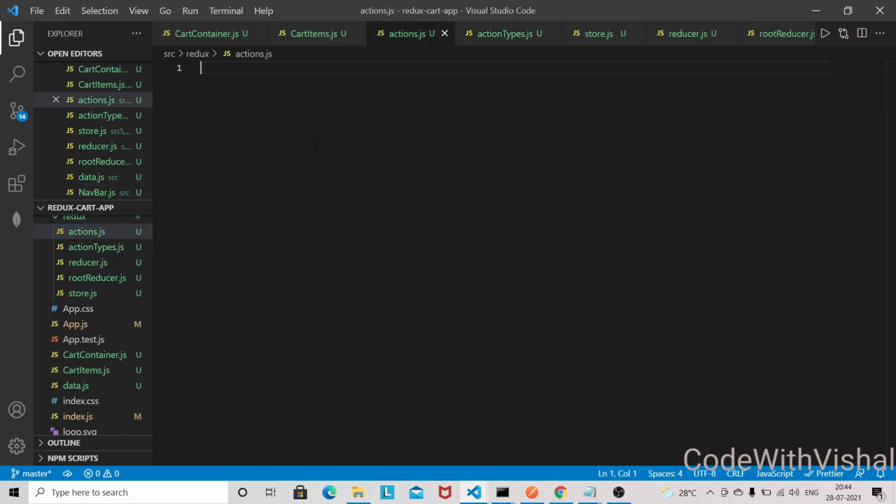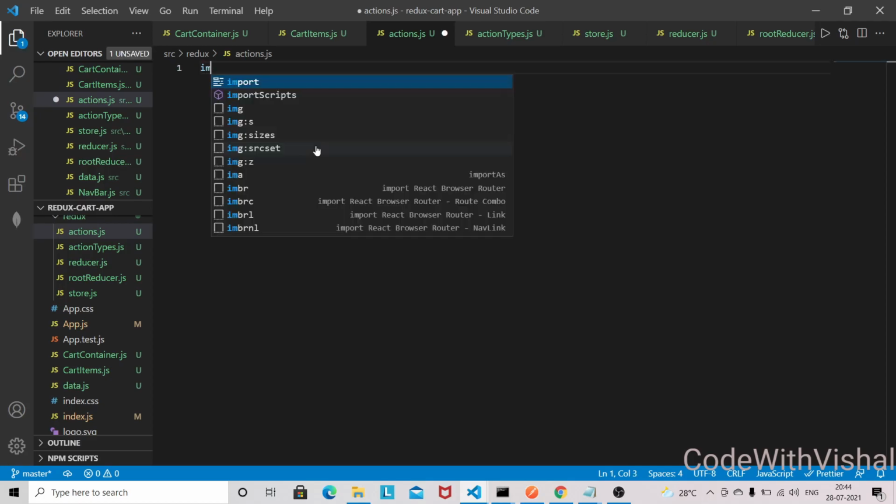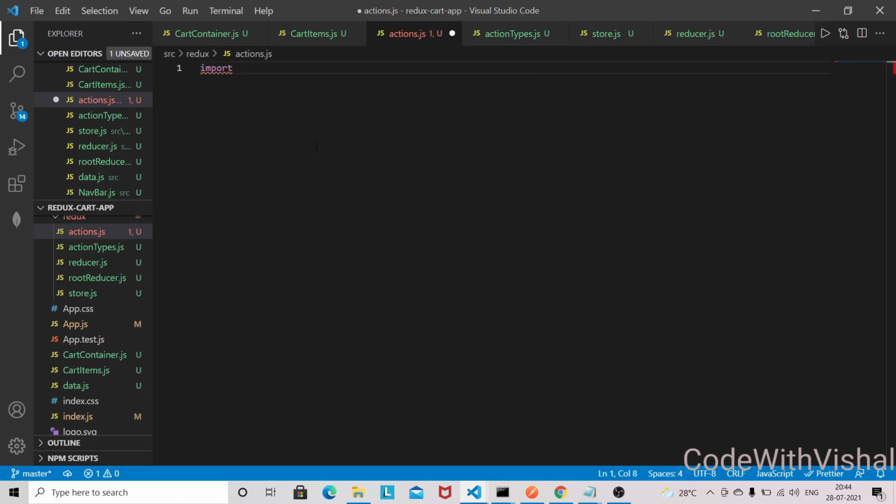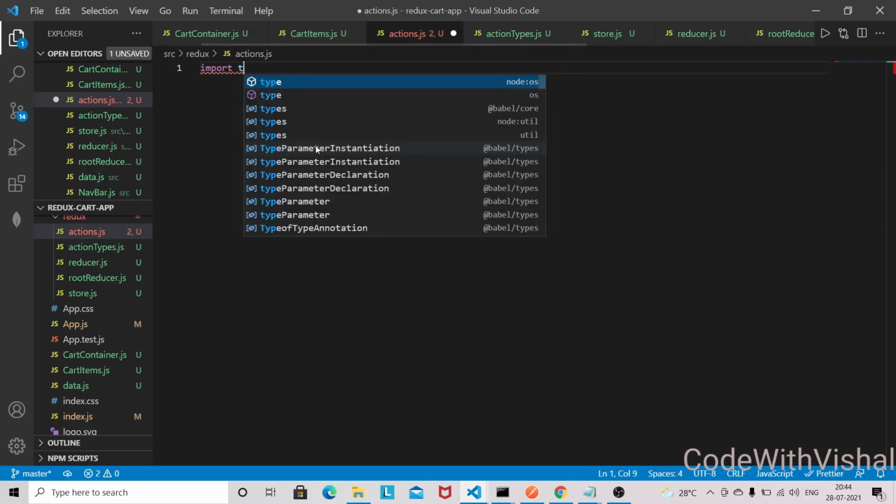So the first action I'm going to define is getCartTotal. First I need to bring those types.